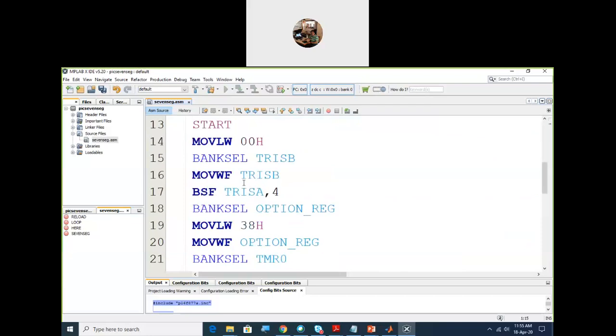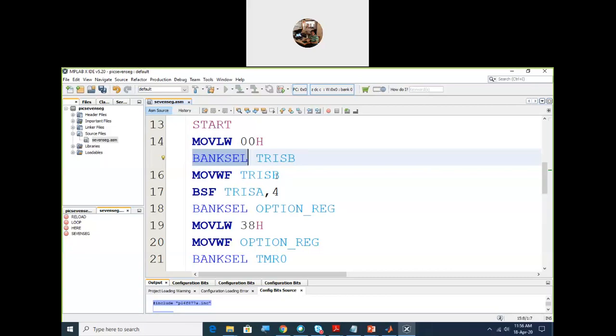Fine, sir. Now the first instruction is MOVLW. So what you are doing is initializing the working register with 0000, and then BANKSEL TRISB. This is an assembler directive. This will select the bank in which the TRISB register is there, and then I will do MOVWF TRISB. मीन्स वर्किंग रजिस्टर में हमने जो 0 लिखा है वो जाएगा TRISB पे.